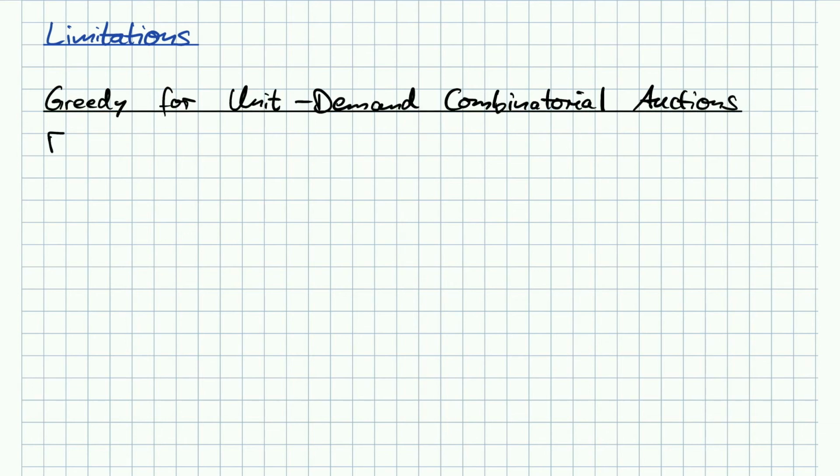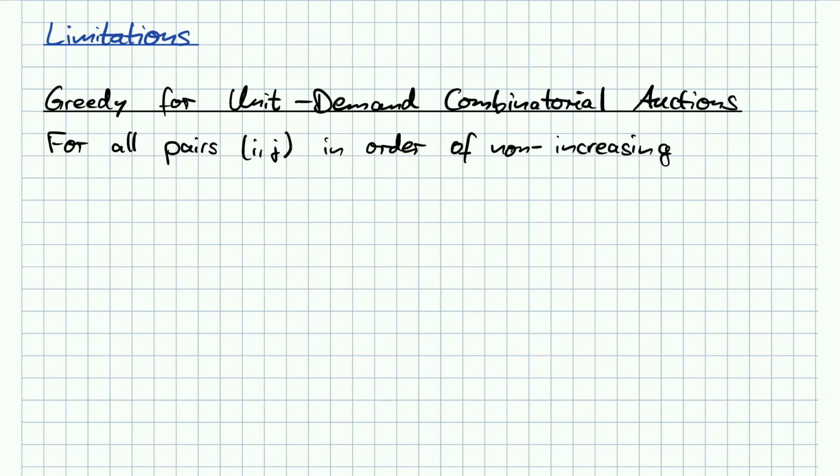We consider all pairs of a bidder and an item, and we do this in order of non-increasing claimed value for that item. So each bidder i will claim a value b_ij for getting item j, and we now just go through these pairs in non-increasing order, and we'll